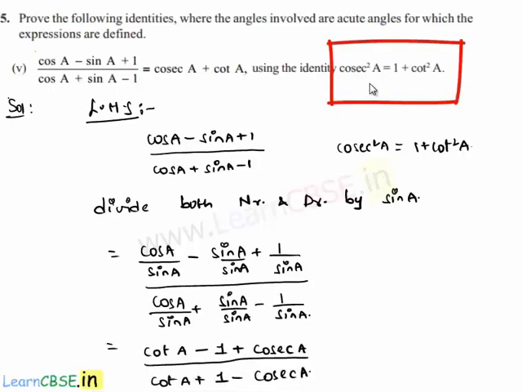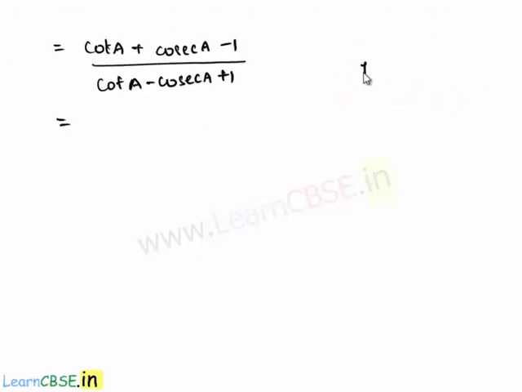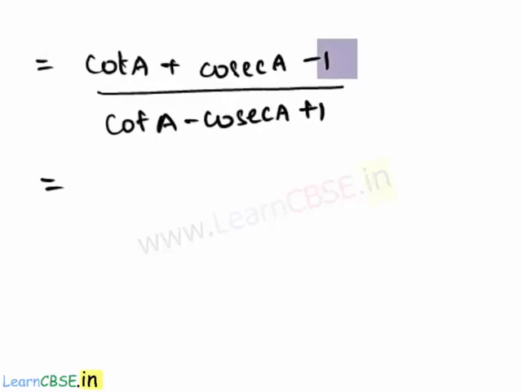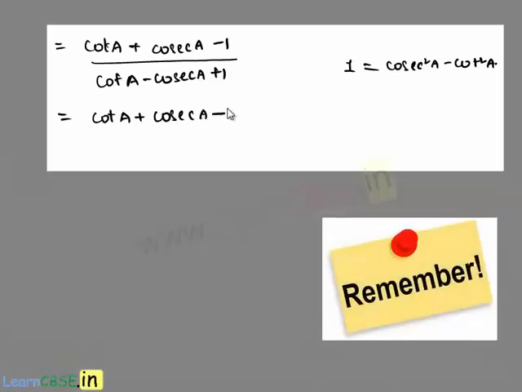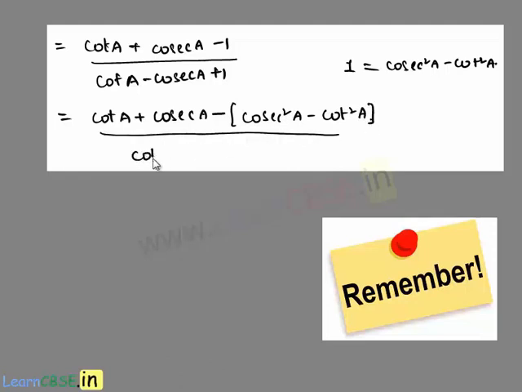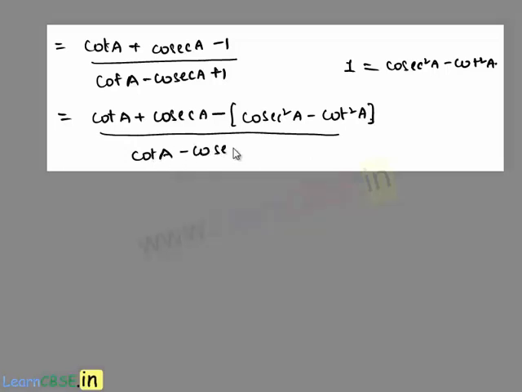which is equal to, as we were asked to use the identity that cosecant square A is equal to 1 plus cot square A. Let us replace 1 by cosecant square A minus cot square A. That is equal to cot A plus cosecant A minus 1, which we shall replace by cosecant square A minus cot square A, whole divided by cot A minus cosecant A plus 1,